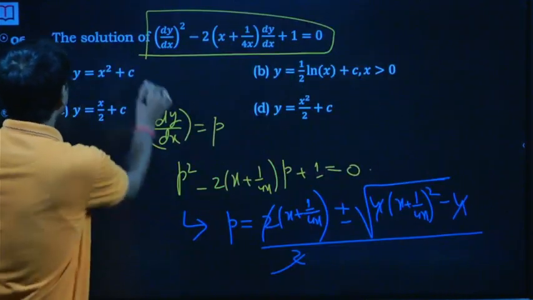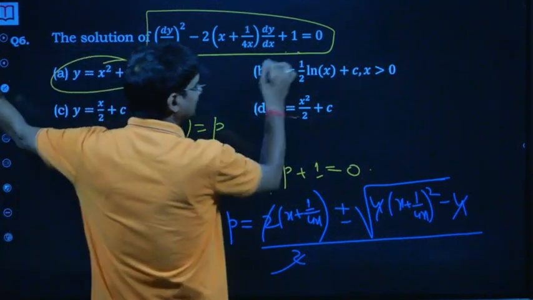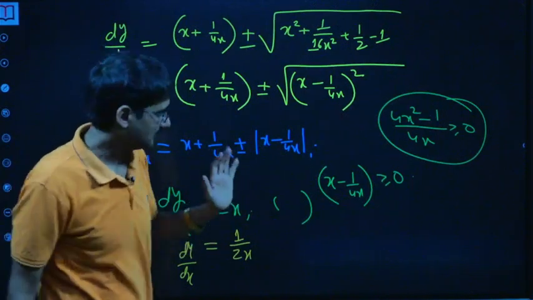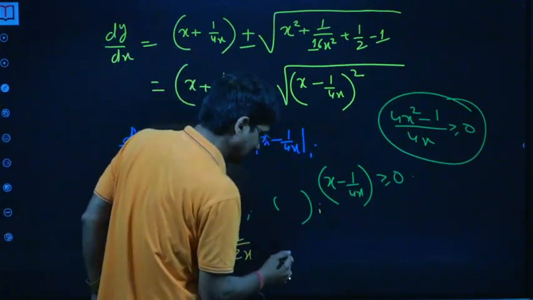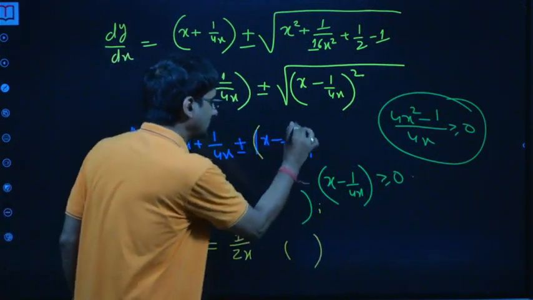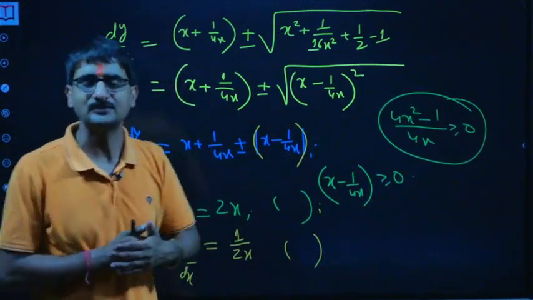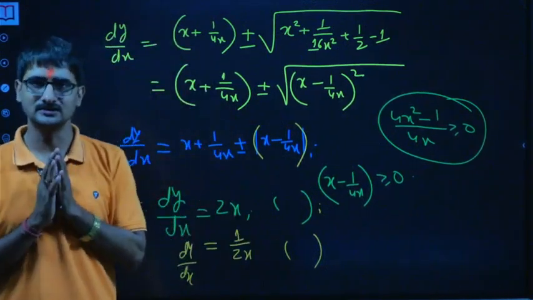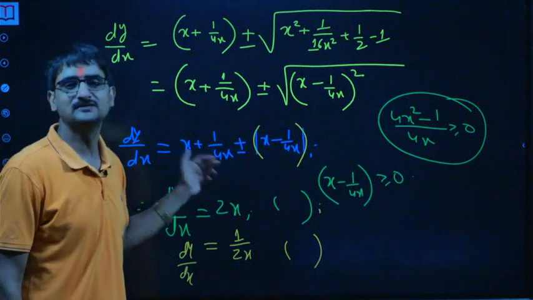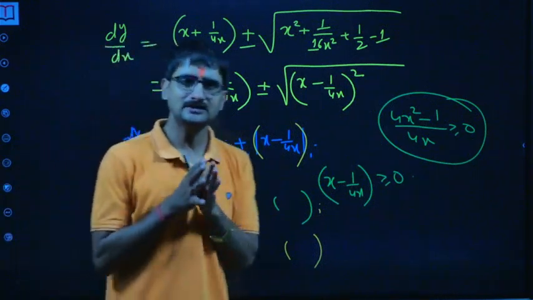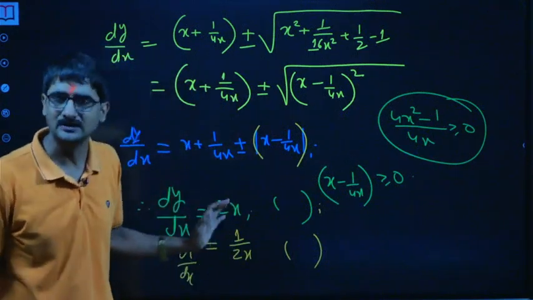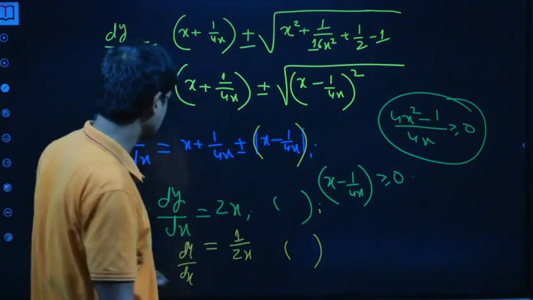So x square plus c1 is this, and half ln x is this. So that should be the answer. As I said, don't think that I'm in a hurry. The point is, if I remove this mod, then also we are going to have positive negative sign depending on the condition, whether this is positive or this is negative. In any case, there is positive negative sign, bachcho. So in any case we are going to get 2 cases for sure, so we can directly go ahead and write it. That's it. So chaliye, we got it.